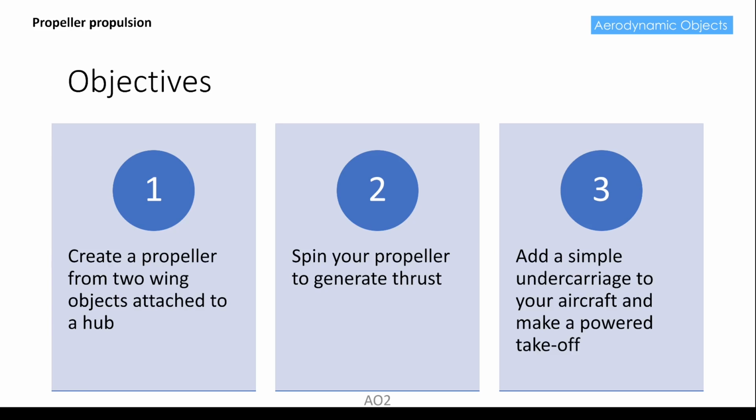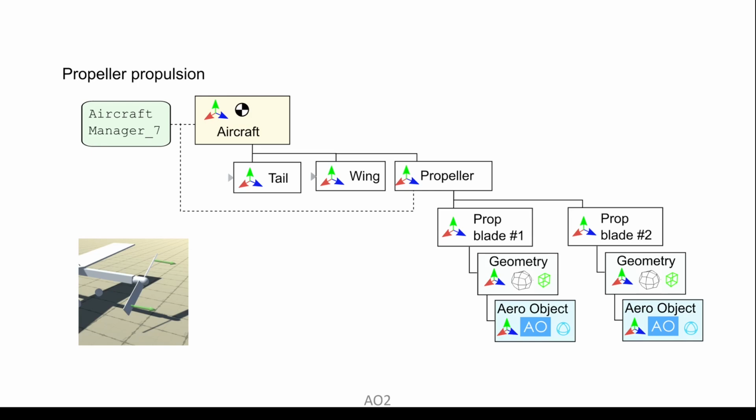make a powered takeoff. The scene diagram is pretty much like tutorial 6, except we now have a propeller as well as a tail and a wing, and this propeller is made up of two aerodynamic objects. We've got prop blade 1 and prop blade 2, and they're essentially copies of the wing, but they're spinning around